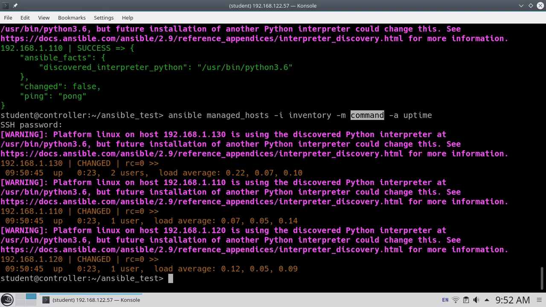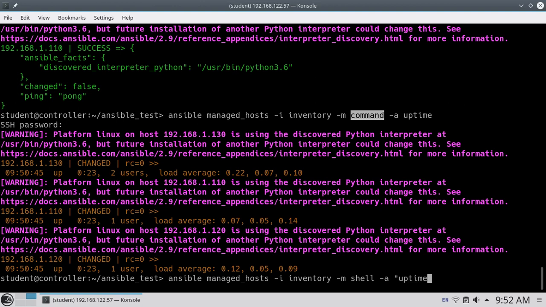Whereas if you use the command module, you will not get that feature, it will run every time. Similarly, there is one more module called the shell module. It is similar to the command module, but here you can use some shell features.